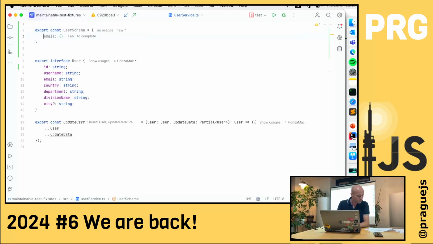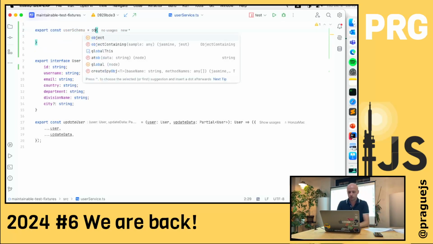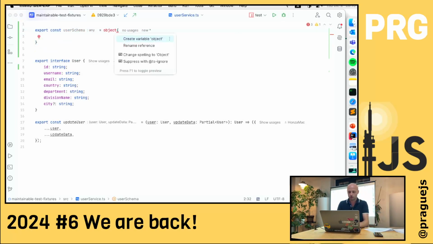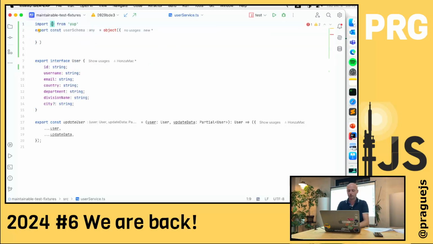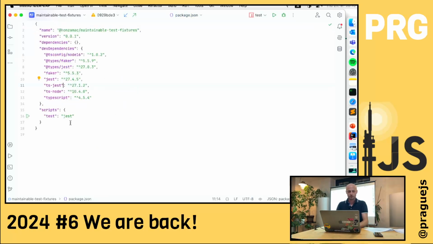It will be an object from Zod. I hope it will import. No. Almost there. I need to really write it myself. Maybe I just didn't put it in PragueJS yet, right? So there will be some Zod.